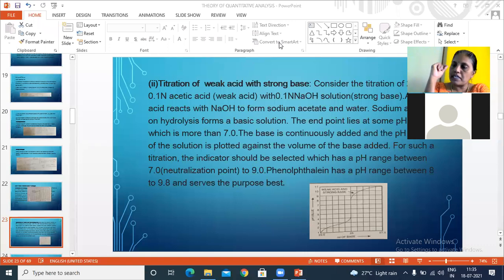Methyl orange is an indicator whose pH range is between 3.3 to 4.5 only. But for acid-base titrations of a weak acid versus a strong base, the pH range is between 7 to 9.5 or around 9. So the methyl orange pH range is less than the pH range of a weak acid versus a strong base. So methyl orange won't work for that titration. Only phenolphthalein, which has a pH range of around 8.3 to 9.5, works. So we can use phenolphthalein as an indicator for a weak acid versus a strong base. Like that, we have to give the answer for such types of questions.